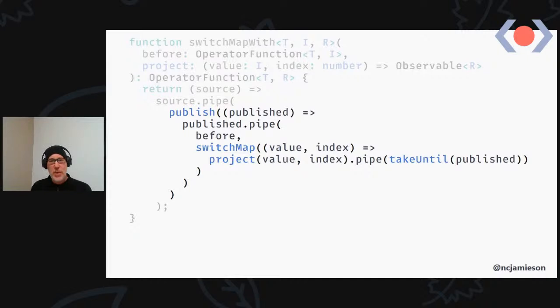We want to pass in an operator so that we can have some structure, and the structure in ShareWith, switch map with, is to set up the pipeline, put the operator before the switch map, and also use the take until. So it also means that we can test this. So we can encapsulate this behavior, this terminating the inner observable upon a new value coming from the source, and we can test that. And we can then go and use it in our application.